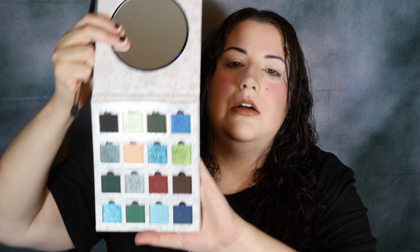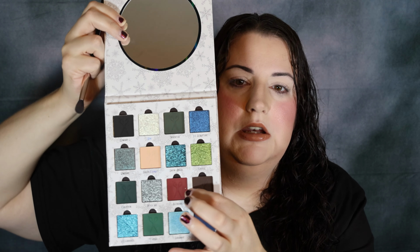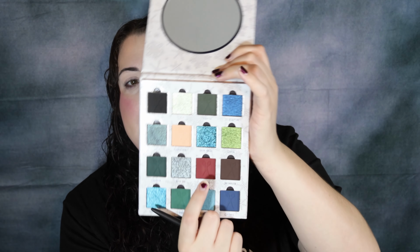So we're going to do, of course, 2 looks, one for each eye, because that's what we do. That's what you guys like. And I'm not really sure what I'm going to do because I love the blues, but then this maroon shade is amazing. But also those greens, I don't know what to do. So we'll get started, see what happens, because I know all these shades are going to be absolutely phenomenal. It's just how I choose to put them on my eyes. So let's just start with that maroon shade blending right there,